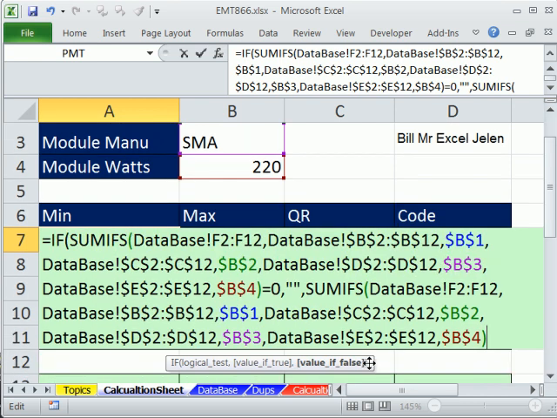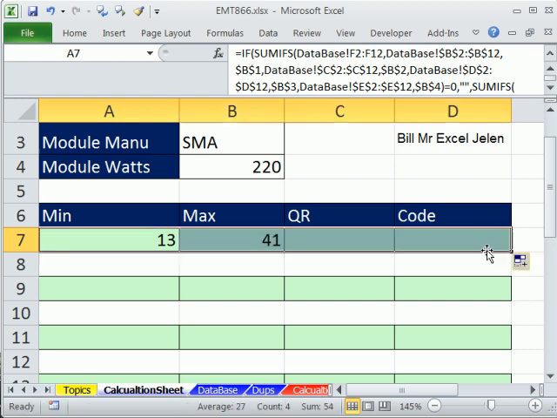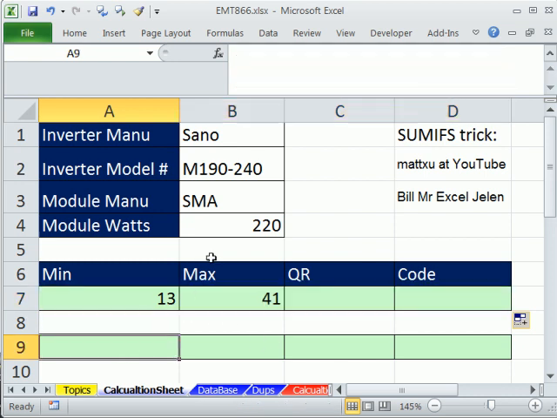Control V. Repeat that SUMIFS, all right? And then we copy it over. All right, so that's an absolutely beautiful SUMIFS trick from Matt Xu and Bill "Mr. Excel" Jelen for looking up a number. But now let's see what to do if we want a four-way lookup and we're looking up